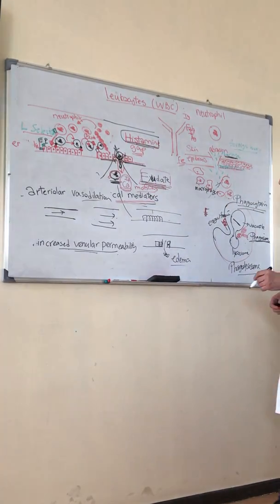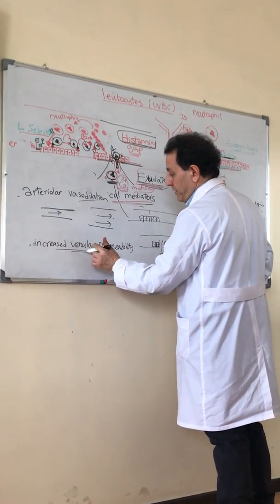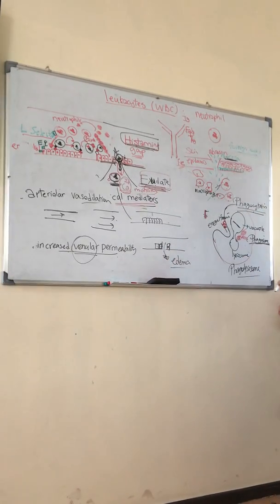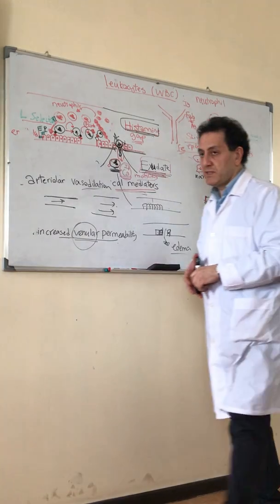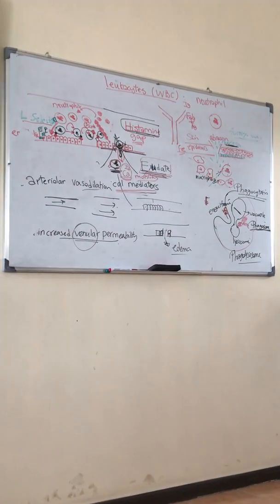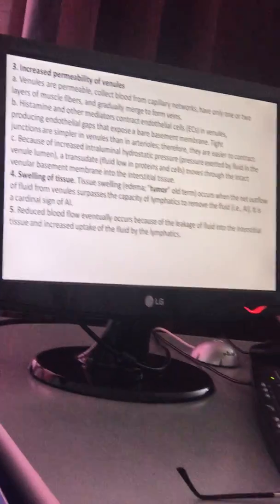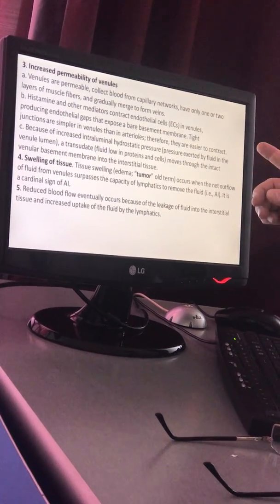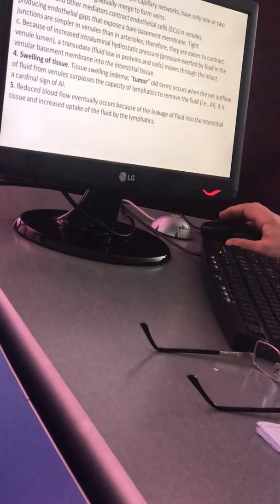student. So you should know that vasodilation is important in arterioles, but increased venular permeability, increased permeability in venules, because there is some space or gap between the endothelial cells, and they are easily spaced by secretion of chemical mediators. So these are the vascular events in acute inflammation that are also important together with cellular events. That's why we have edema or swelling of tissue. The swelling of tissue is one of the cardinal signs in acute inflammation. So these vascular events, arteriolar dilation, venular increased permeability, which causes swelling of tissue, and